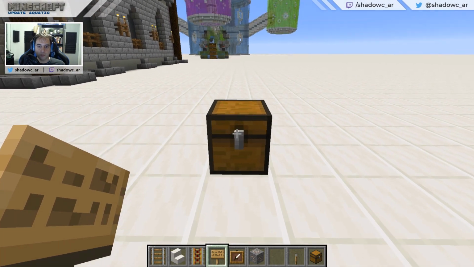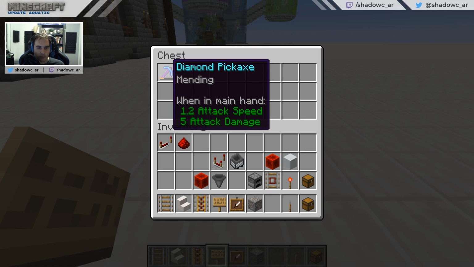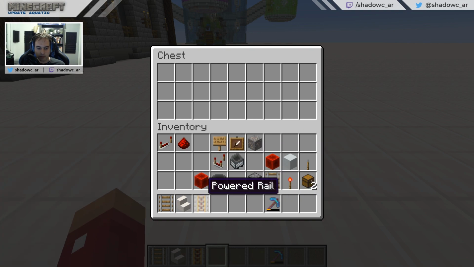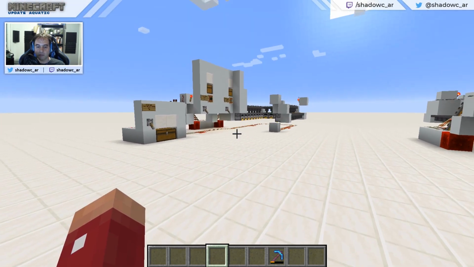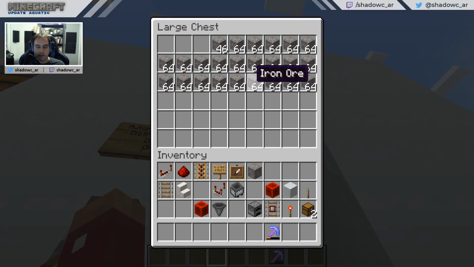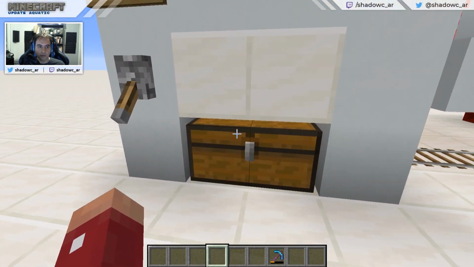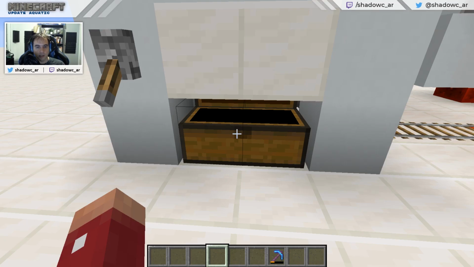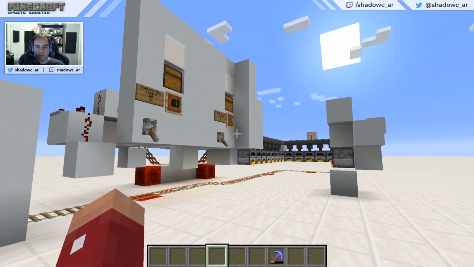Now for the last test of this tutorial, I have here a fairly used diamond pickaxe with mending, because I'm going to demonstrate how you can turn off the automatic distribution of the items, so that you can go and manually grab all of the XP stored in the furnaces. Now for that I need to wait a bit, so let's wait until pretty much all of the items here have been smelted, and then we're gonna turn off this automatic distribution, or the automatic offloading system right here. So when this is like half a chest, we're gonna turn this off